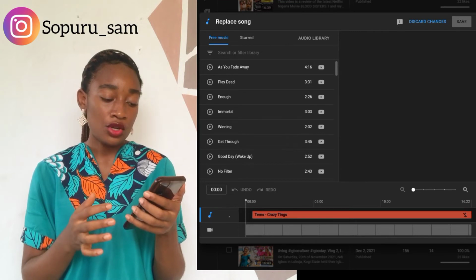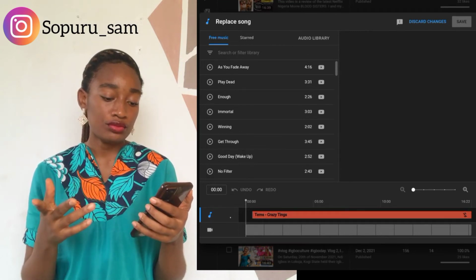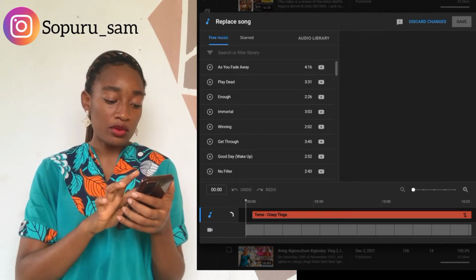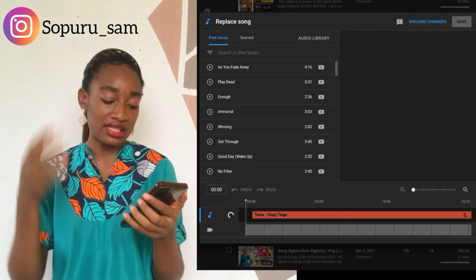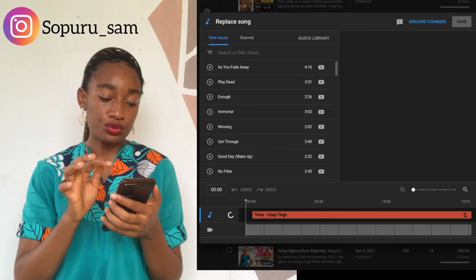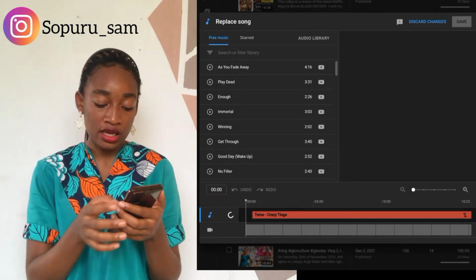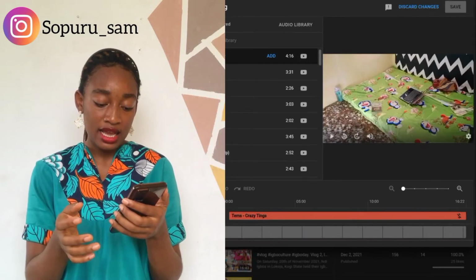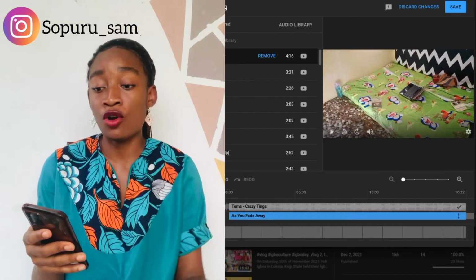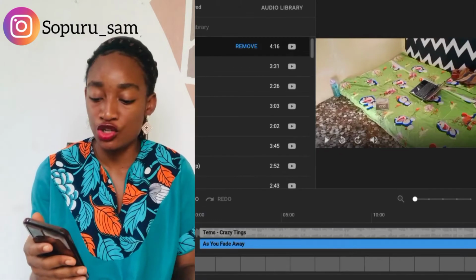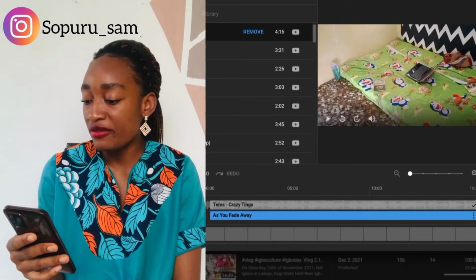There's the audio library. So it takes you to, why is it taking me back to the studio app? Anyways, go back. So now we're just going to choose a sound to replace in the video. So all you have to do, when you tap on the sound, you tap add. Once you've added the music that you feel comfortable with, that will fit the tone or the mood of your video, then you go to save.